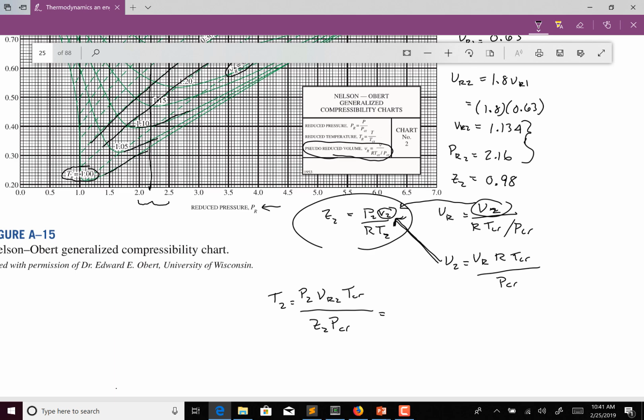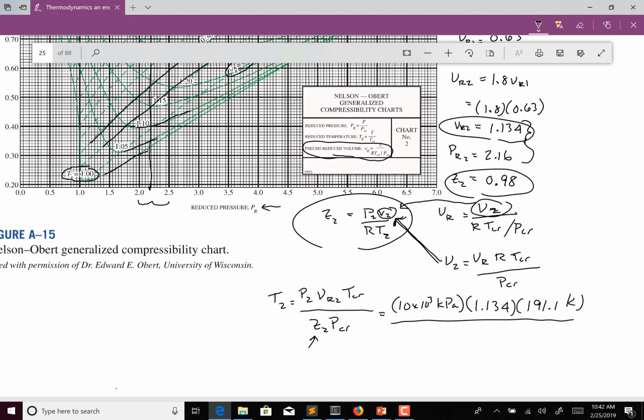So this is equal to, P2 was 10 megapascals, so 10 times 10 to the third kilopascals, and I'm going to want kilopascals because our gas constant has kilopascals in its units, multiplied by the reduced specific volume, which we calculated here, so that's 1.134 multiplied by the critical temperature, which is 191.1 Kelvin, divided by Z2, we looked that up, so that was